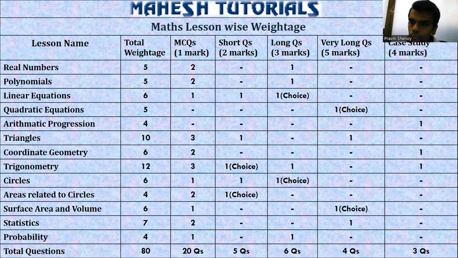Next one is the 5-mark questions. You'll be having 4 questions of 5 marks. The 4 questions of 5 marks will be 1 from quadratic equation, 1 from triangles, 1 from surface area and volume,